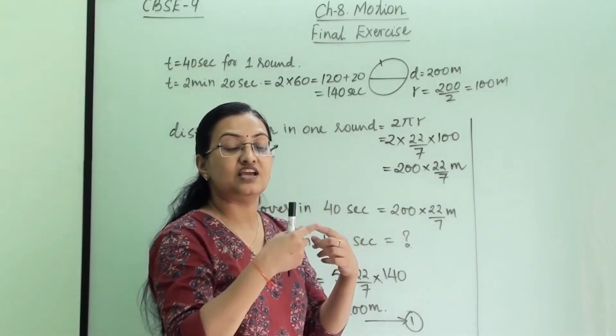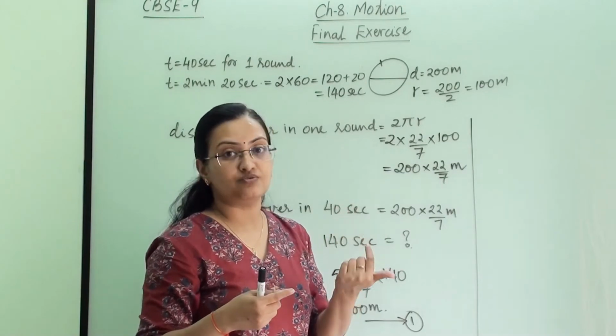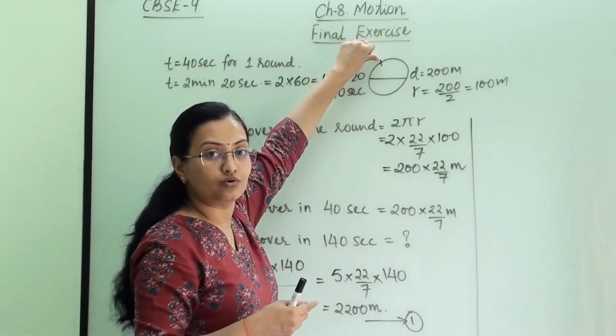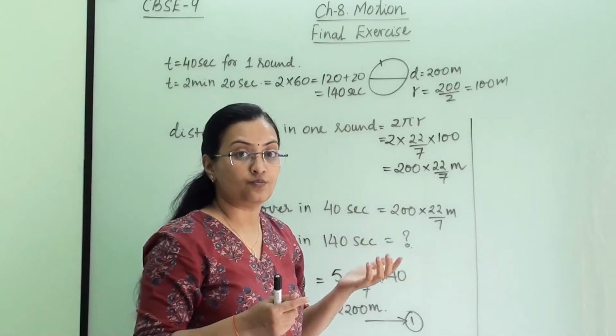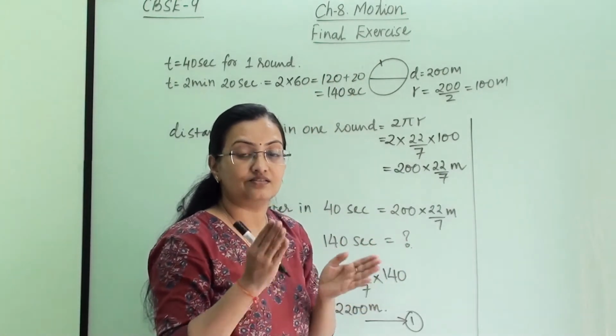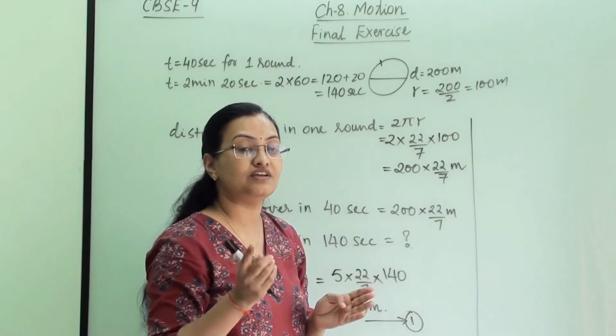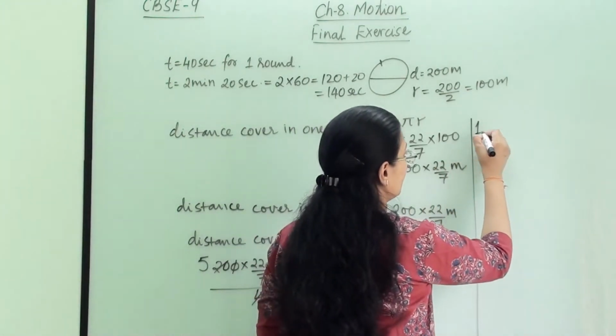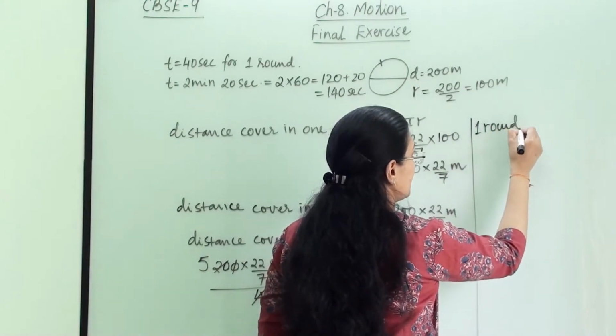If he takes 2 rounds, then his displacement will be 0, because at the end of the second round he will come back here only. His displacement will be 0. If there is something more than a whole number, then only can we calculate the displacement. So here we will find out that 1 round equals